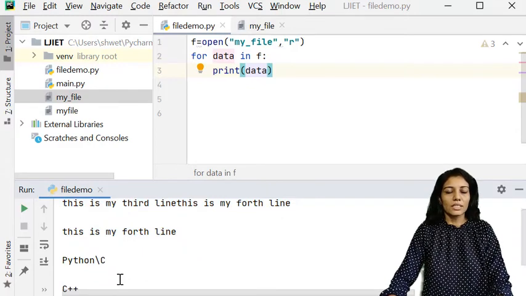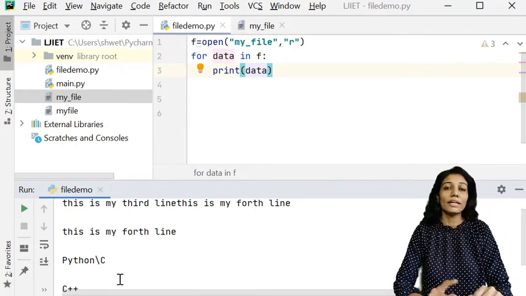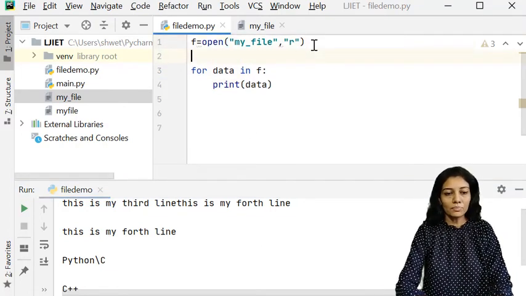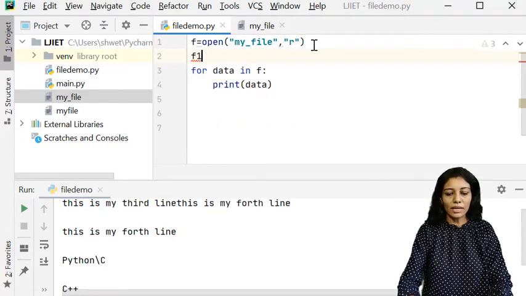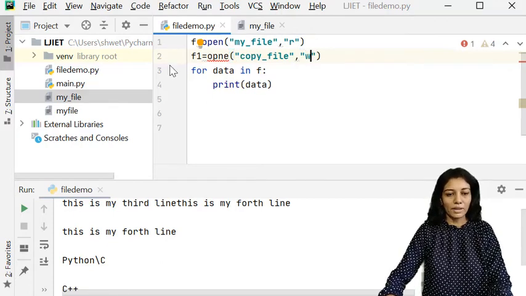Now our next task is to copy the content of one file and write it into another. So here I have opened the file in read mode. I will open another file called copy_file in write mode because I want to write into that file.